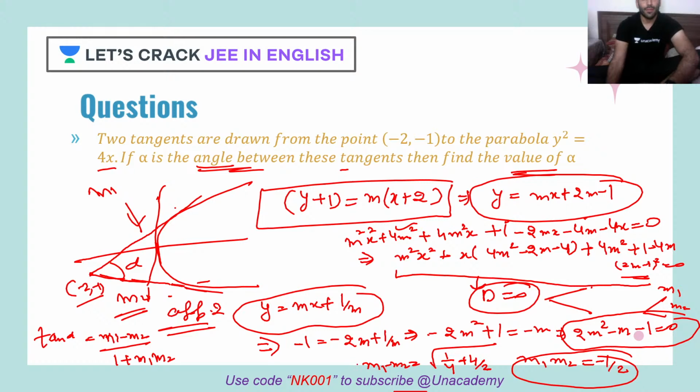So what did we get? This is 9 by 4. Square root of 9 by 4 is 3 by 2. Correct? Now you can just directly put the value here. So 3 by 2 upon 1 by 2, the 2 cancels out, giving 3. So tan inverse 3. See, we got tan inverse 3. So that's how you use knowledge and be a smart person to save your time.